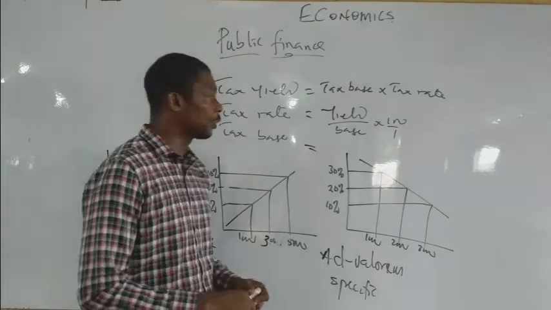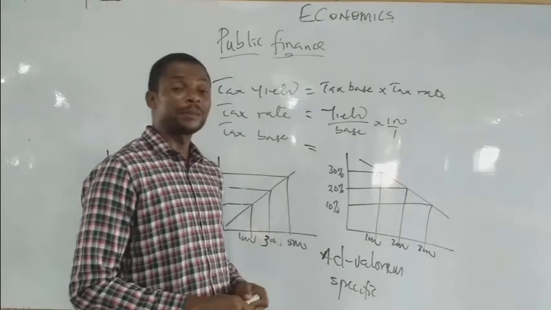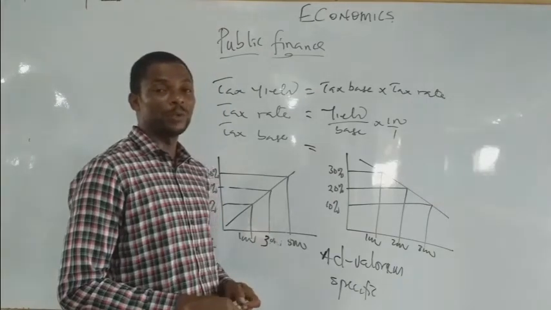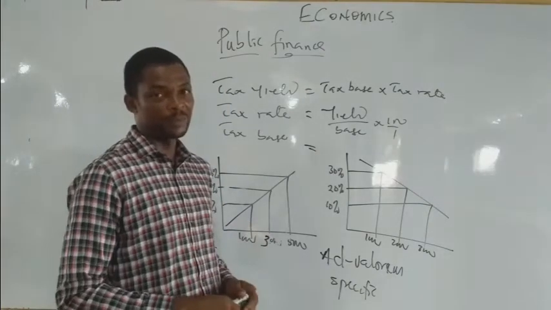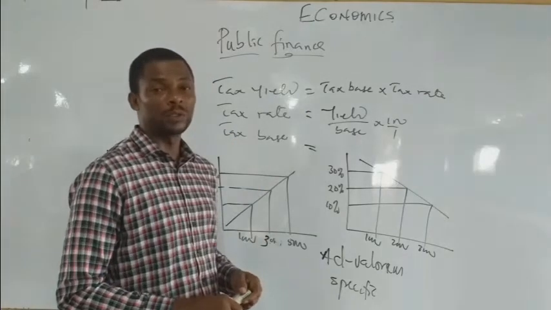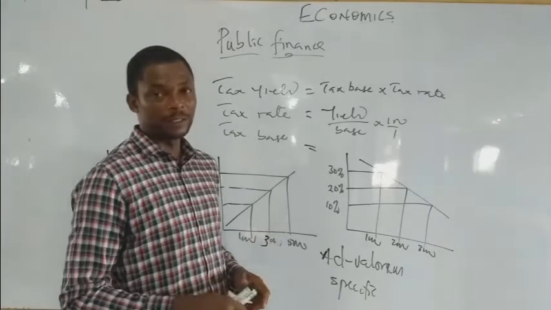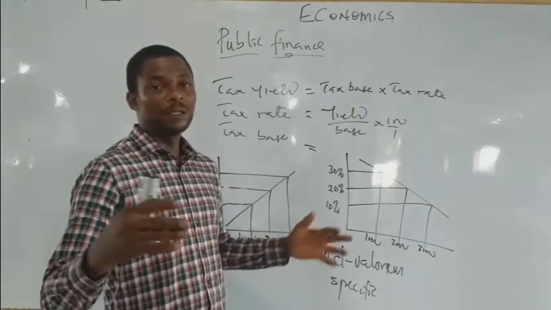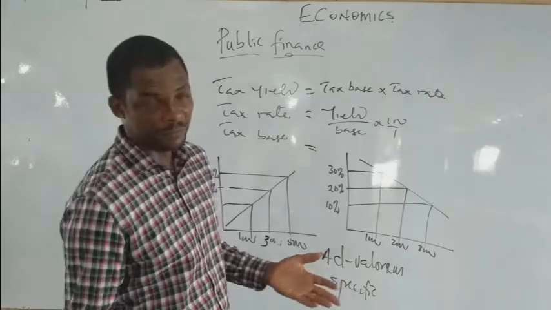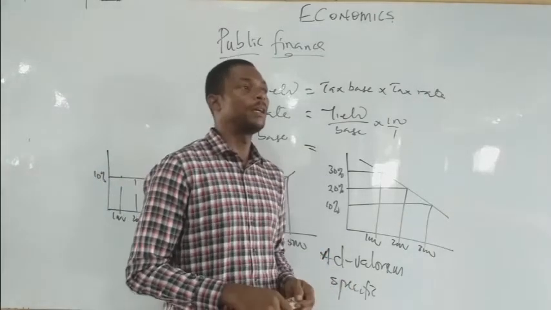Having said that, we now of course realize that there are other things that we need to know, which is called national or public debt. What is a national debt? National debt is debt owed by the government of the country over a period of time, and there are different kinds of debts. We have the bilateral debt, debt that is owed between two governments of the country. We have the multilateral debt that is owed to the World Bank, debt owed to the IMF. It is a multilateral debt.